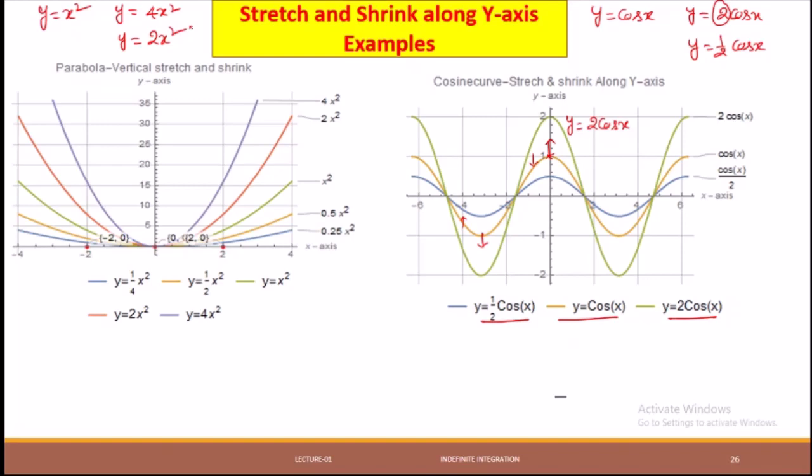Now as discussed, this function gets multiplied by 4 units and this function gets multiplied by 2 units. Anyway, the graph of y is equal to x square is represented in the green color curve. Okay, that means y is equal to 2x square means I have to apply a vertical stretch in this direction. So it has gone and reached here. Okay, because